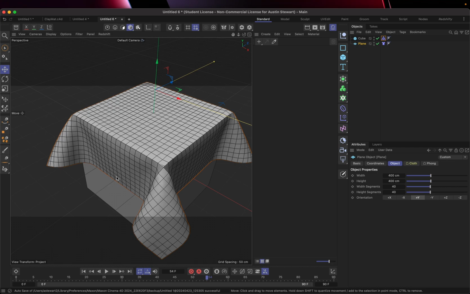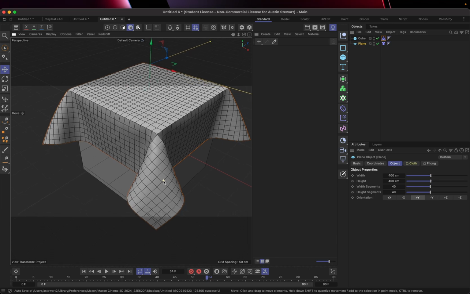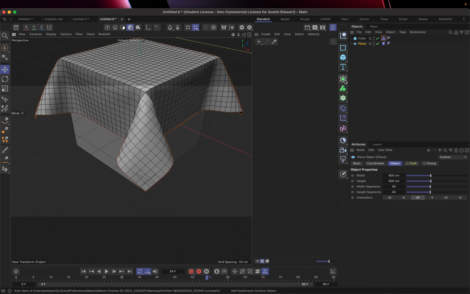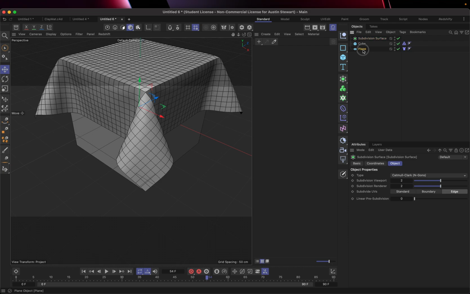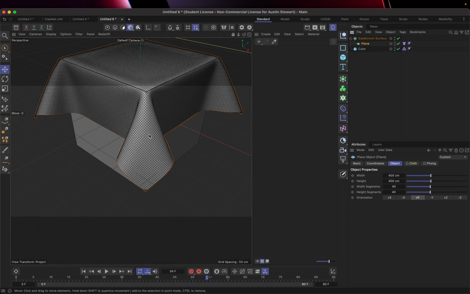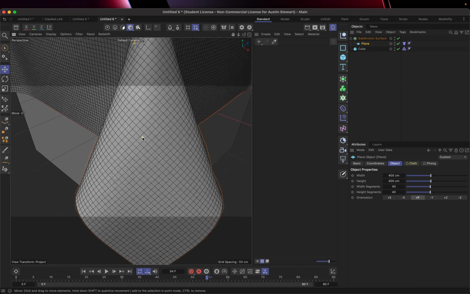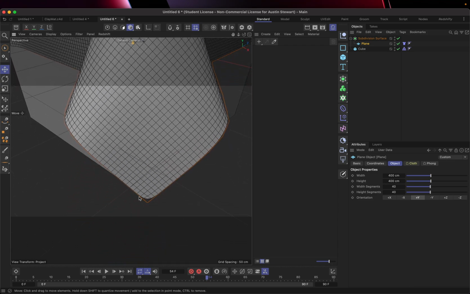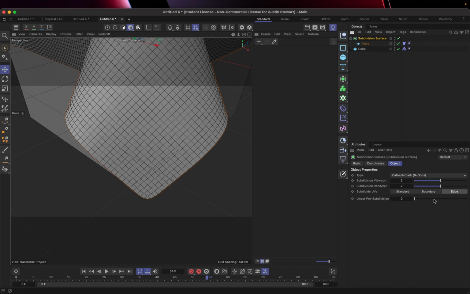So something to note is that with these simulations, the more polygons we have, the smoother they are going to work. Now, we can use some subdivision surfaces, and there's two types we could potentially use. First, if we just use a standard subdivision surface on the plane, we get a much smoother result. I do want you to note that with a standard subdivision, these corners round. And even if I select my subdivision surface, there isn't necessarily